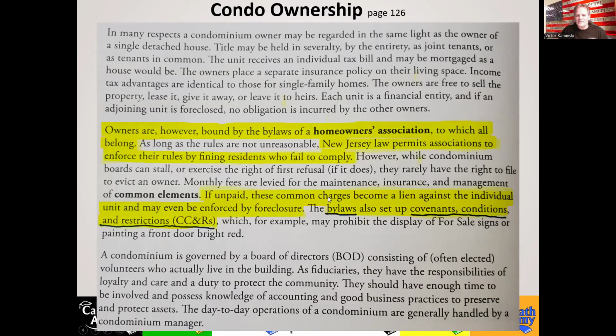So if unpaid, these common charges become a lien against the individual unit and may even be enforced by foreclosure. The bylaws set up covenants, conditions, and restrictions, CC&Rs. You guys got those highlights down? These CC&Rs, they could prohibit you from displaying a for sale sign on your front lawn or even putting one in your own front window. So if you're going to do